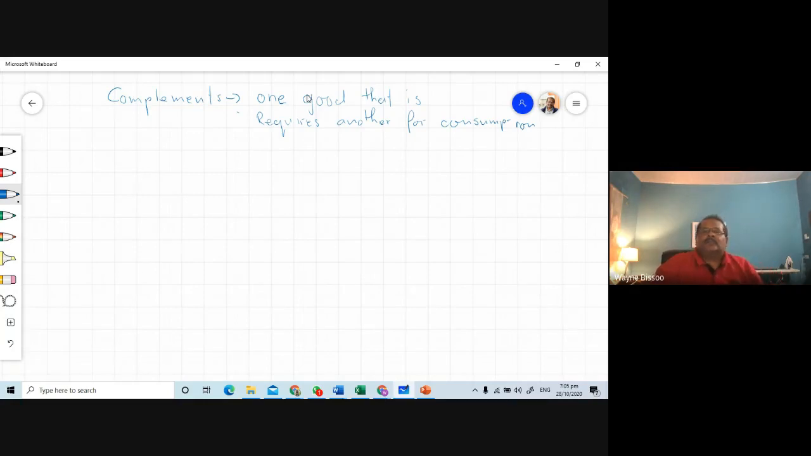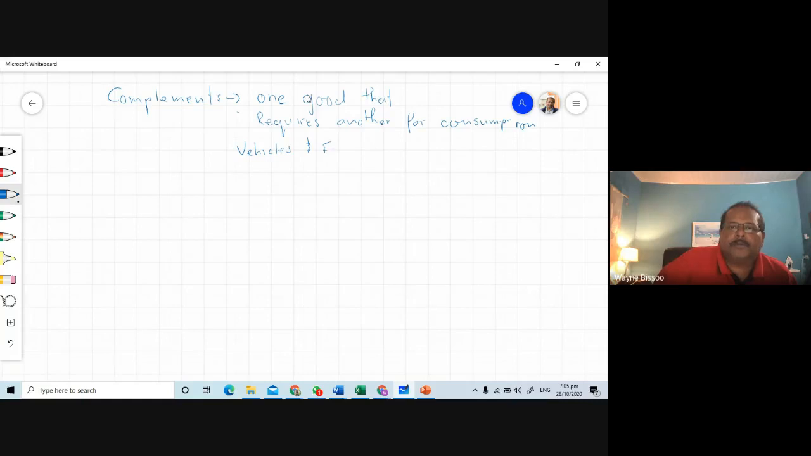All right, so it's one good that requires another for it to be able to consume. So without it, you can't use it. That makes sense? So that's why the example of vehicles and